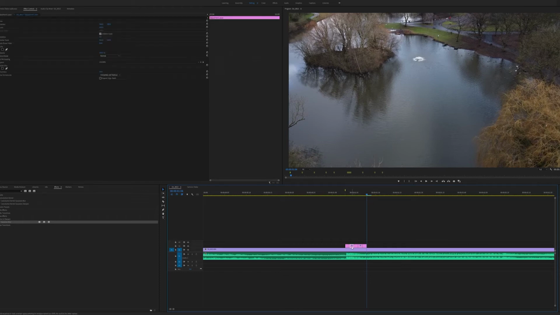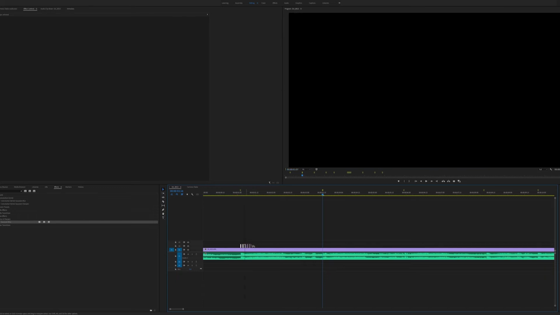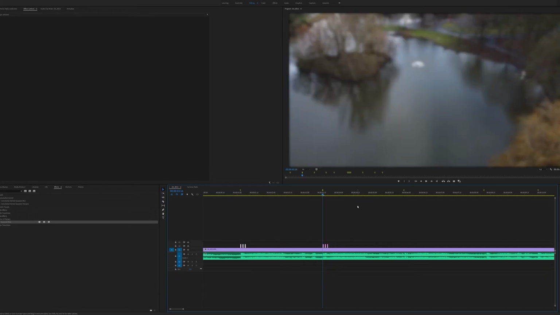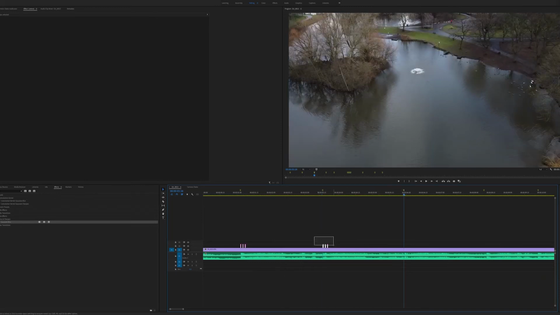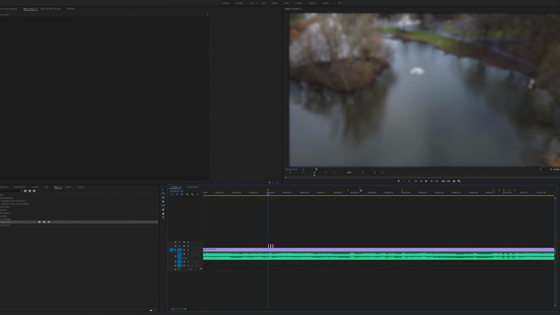I'm going to select adjustment layer clip number 2 and get rid of that, and clip number 4 and get rid of that. So we've got 1, 3 and 5. Once we've done that, I can zoom out slightly so I can see a bit more. Click on the next marker, select these 3 clips, hold down Alt, grab them, drag them and drop them, and I'm just going to repeat that throughout the whole process of where we want this visual effect to occur.